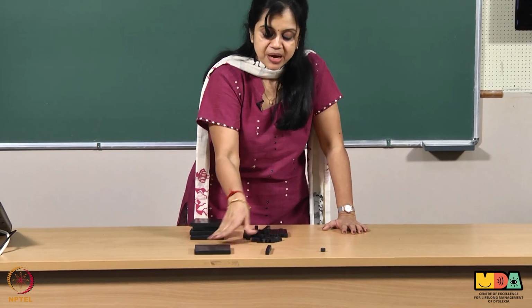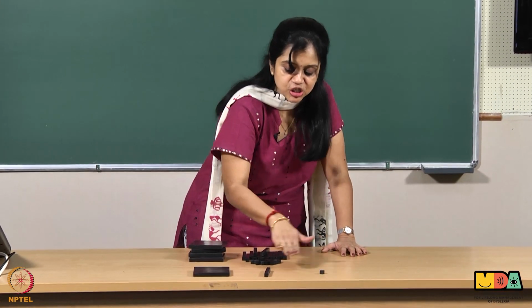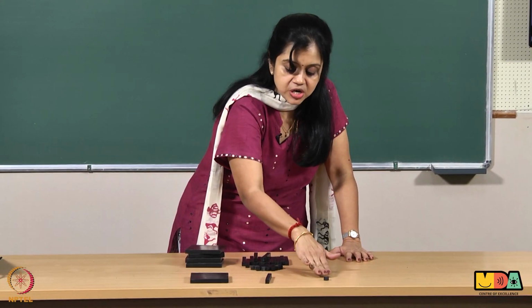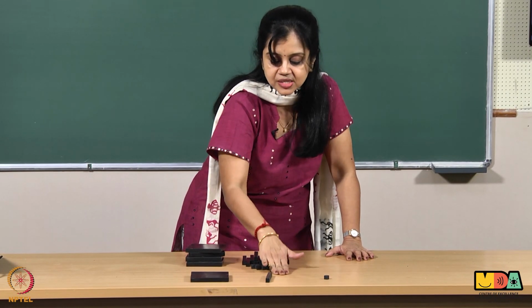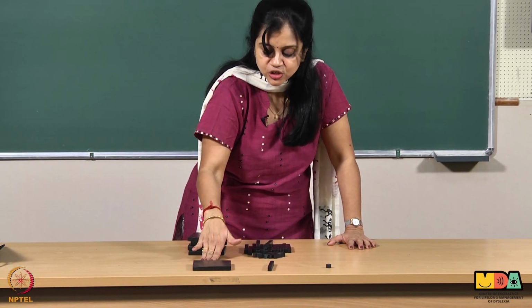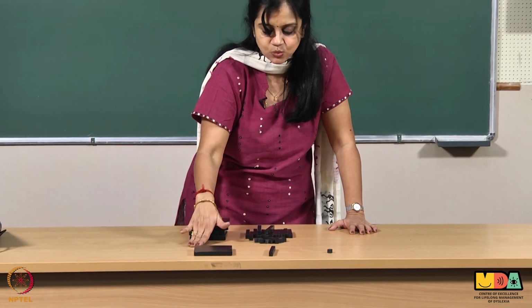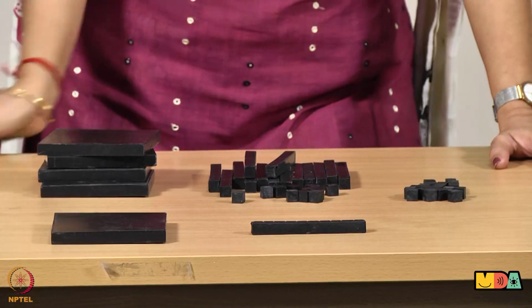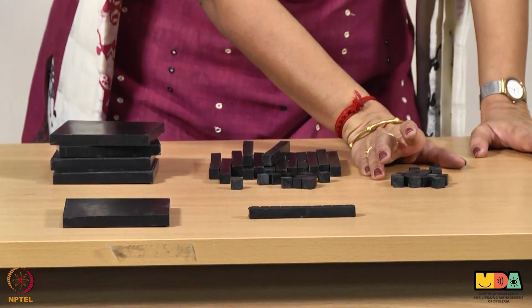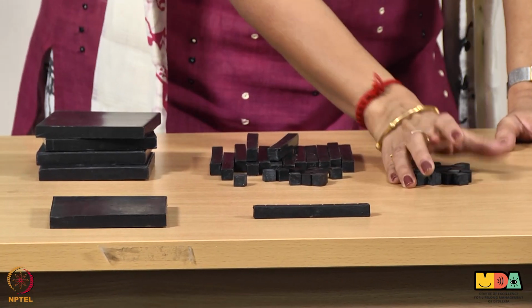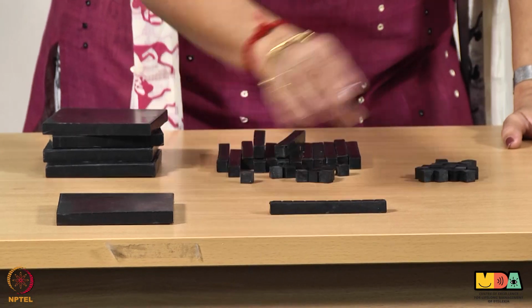Not only that, by making the child position it this way, they also learn that this is how they start calculating or looking into it when they have to start working out sums based on place value. The next concept that we need to teach children is that 10 units will give you 1 tens.